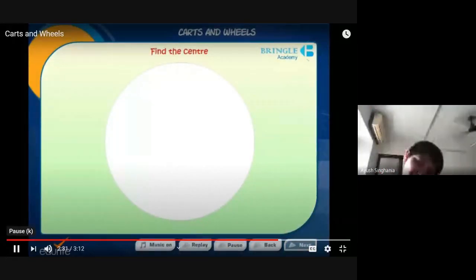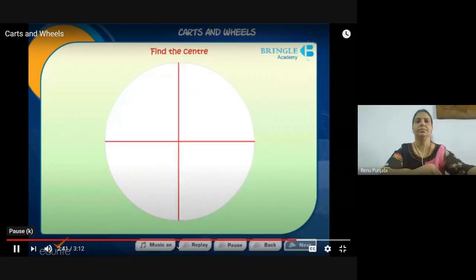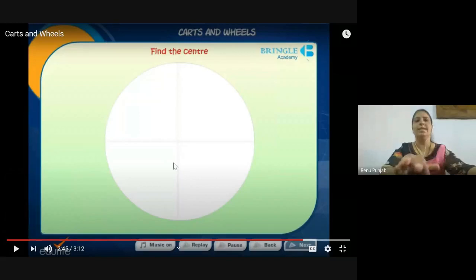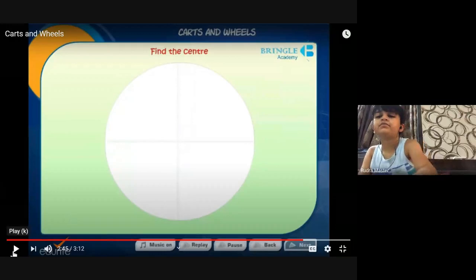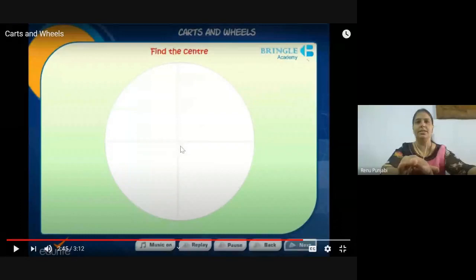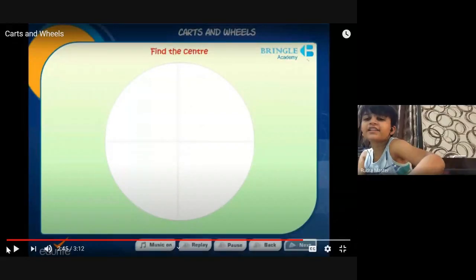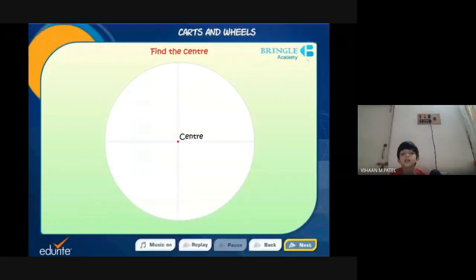Look at this circle. Fold this into half. If you remember, this activity also we have done. Fold it again like this. Now, open the folded circle. You can see two creased lines crossing each other. The point where these two lines are, what are they, my dear children? Diameter. Very good. And where they are meeting at this point, where my cursor is, this is the center of the circle.